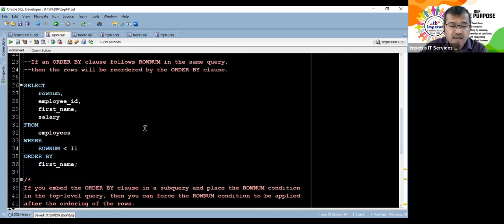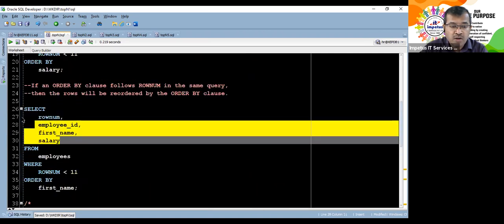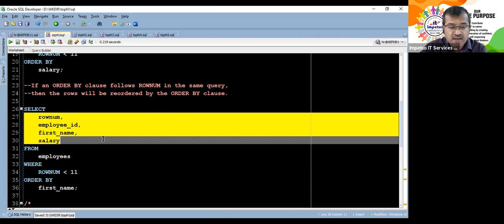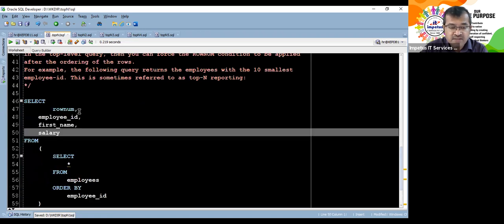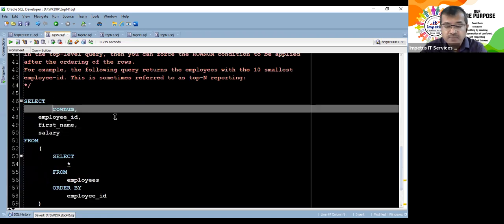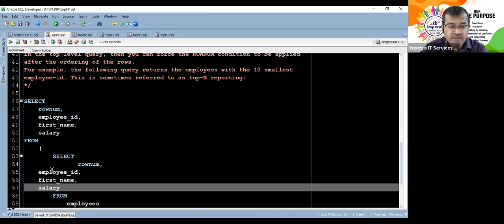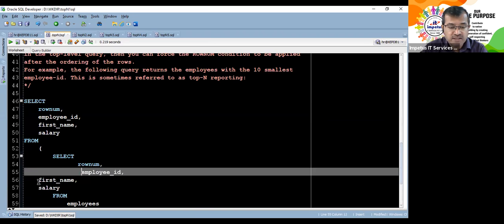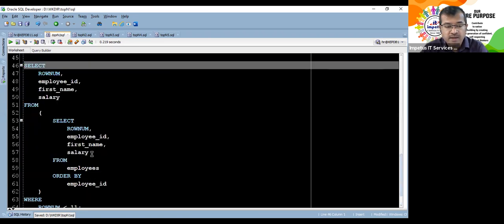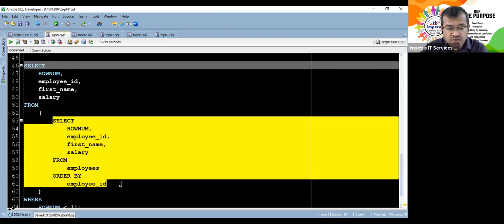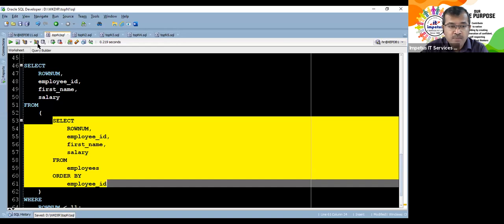Now from this, I could select whatever I would like to have. Now here, if I take the row number, employee ID, and the first name, the original row number, employee ID, and the first name will be different. And here the ones that I'll display will actually be different. Just for your understanding, suppose I had said over here, row number, employee ID, first name. Suppose I had said it like this, and see the difference in behavior now. Let me just run this query for you. We are saying ordered by employee ID.